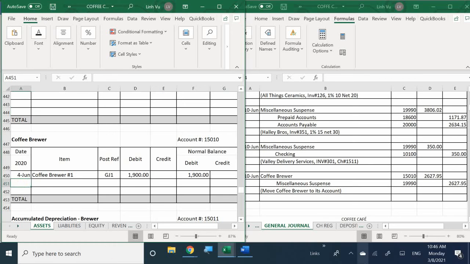So in this case, I'm going to name this one coffee brewer number 2. All right, so you know what came first and what came after. Okay, coffee brewer number 2. All right, general journal number 3 now. Okay, and it said we increased the coffee brewer's account by